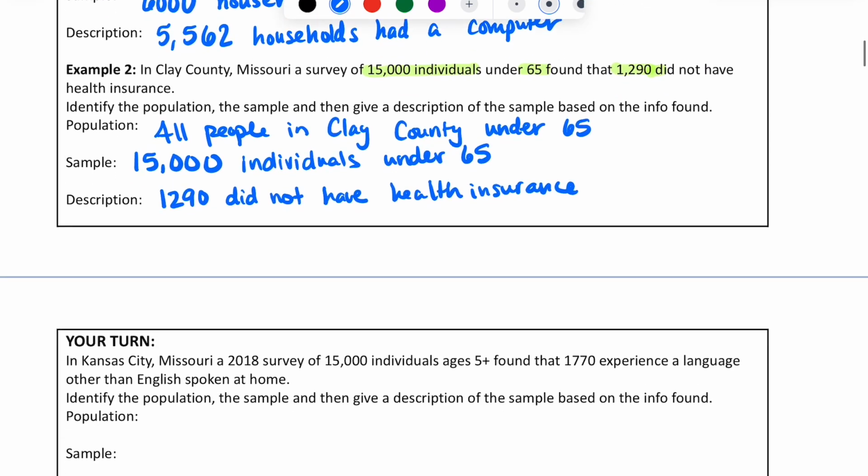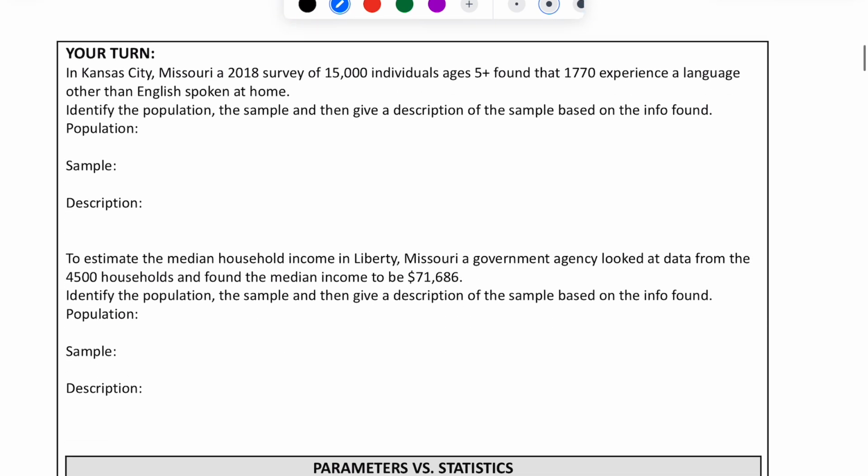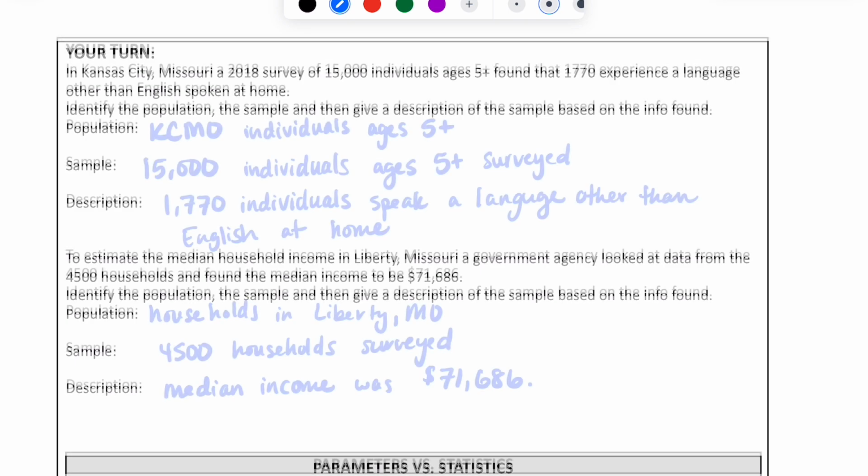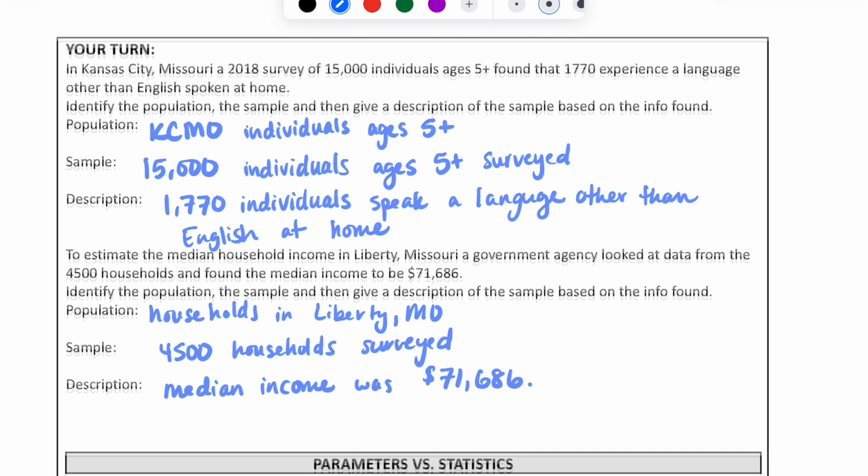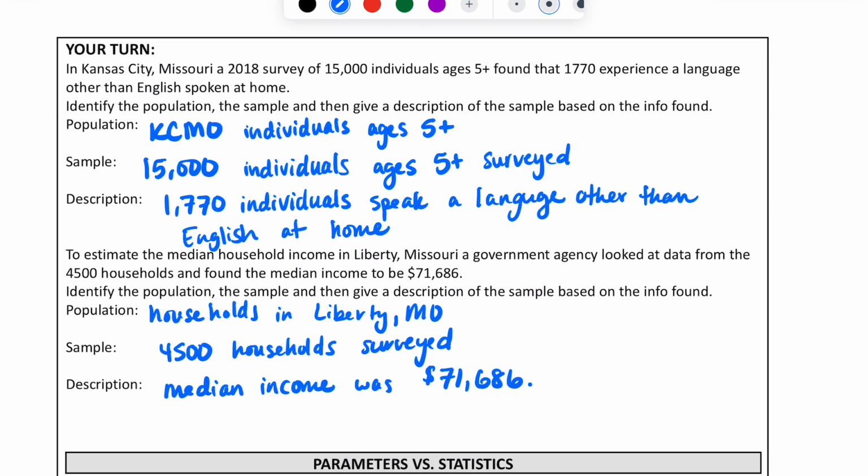So now, I want you guys to try this on your own. Go ahead and try the next two for me here. And I want you to identify the population, the sample, and also give a description of that information found. So pause the video and try it now on your own. Okay, so if we go ahead and check your answers against mine for these,